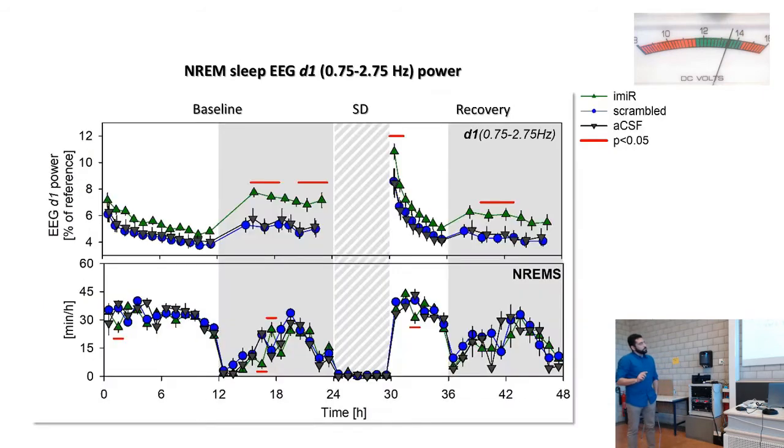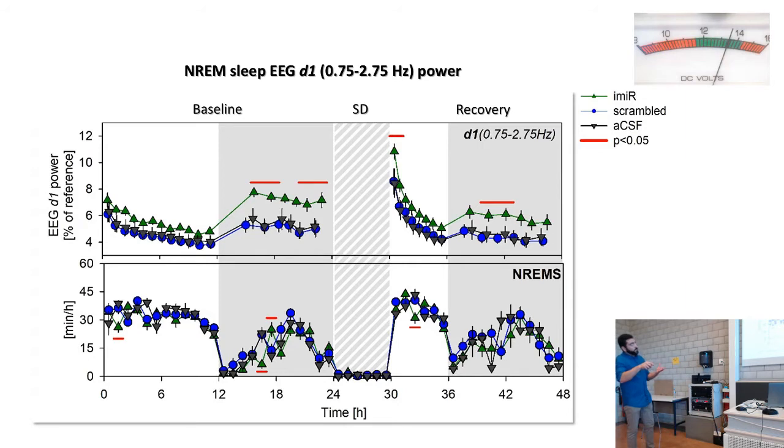So we wanted to follow this band throughout the recordings. Here you see the average baseline, so 2 days of baseline averaged. You can see the delta power from the brain waves of the mouse. And I hope you can also see that the green group, which is the 709 inhibited group, is always above the other two overlapping groups.